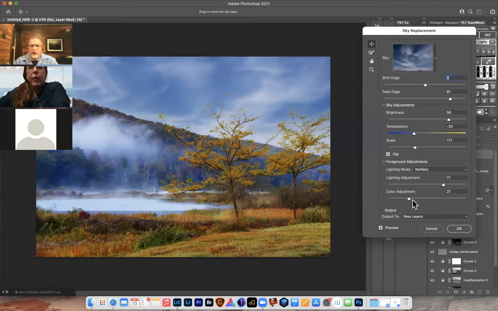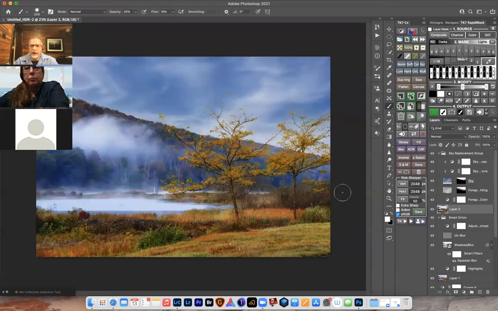So I can do color adjustment on the foreground if I want. This is all foreground adjustments. Do I want it really blue? Do I want it to go more golden? I want it to stay a little bit more golden for me. And then just say output it to a new layer. And because it's outputting to a new layer,